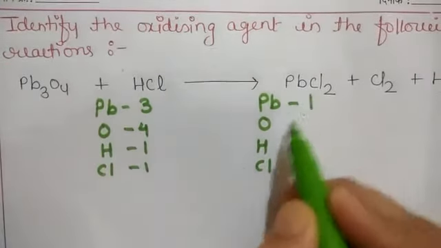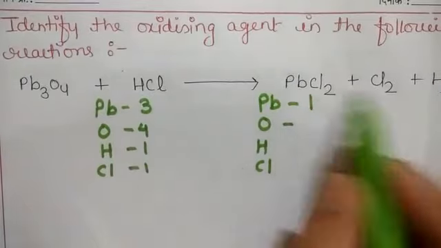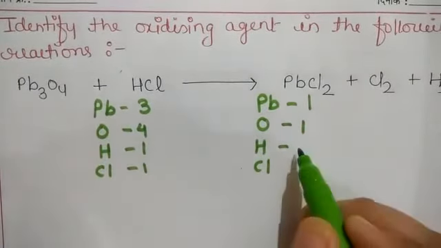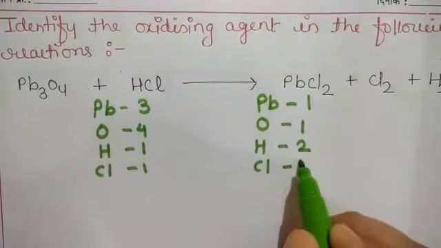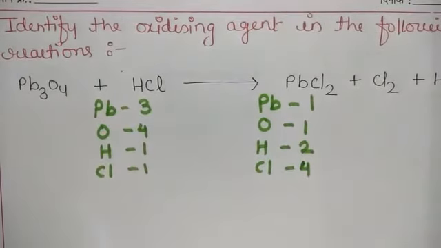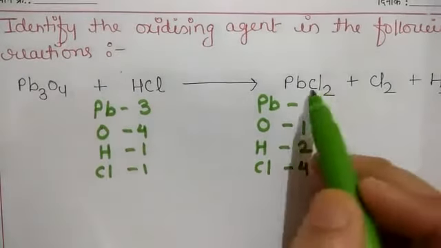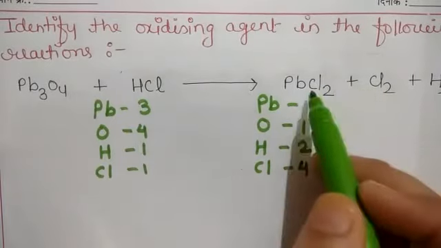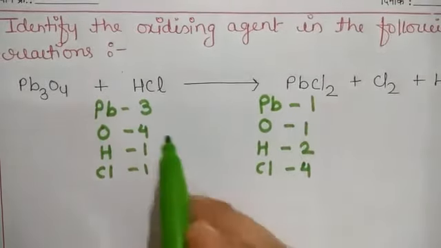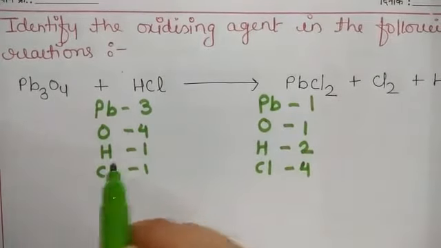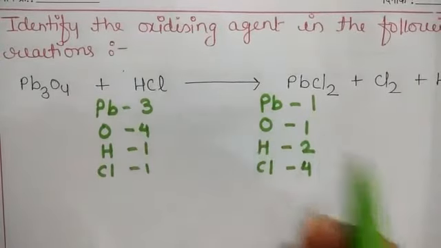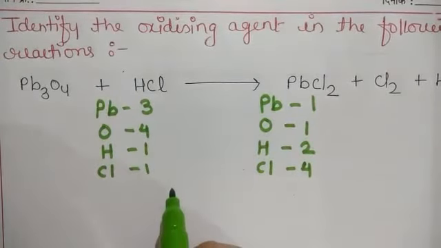This side Pb is 1, whereas oxygen is only 1. This side it is 4, and hydrogen it is 2 and chloride is 4: 2 and 2, 2 plus 2, 4. So whenever these symbols are given in different products, we have to add them, never multiply. If you check, the balancing is very different. Here it is 3, here it is 1. So from where will we start? This is the first question.